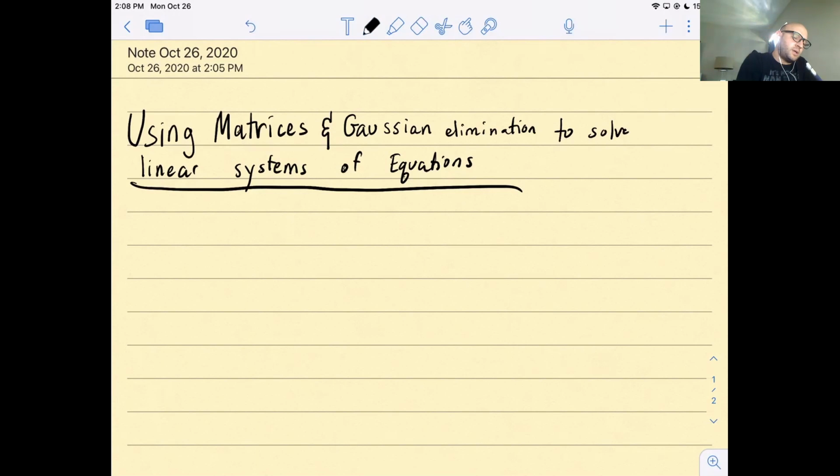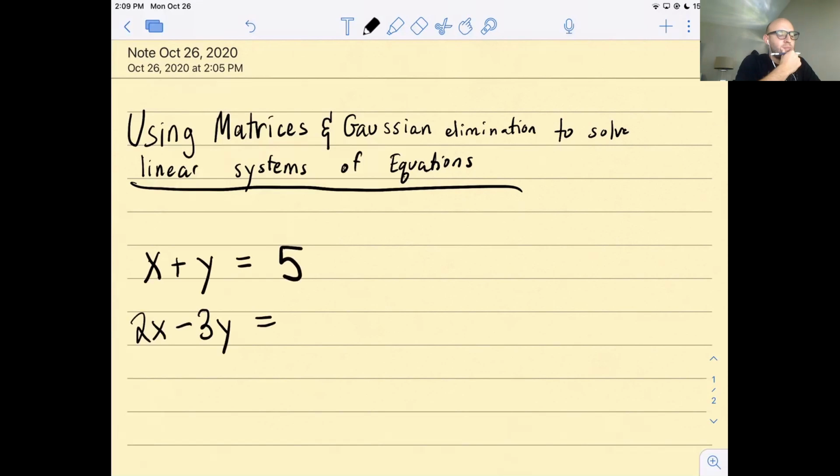Okay, so here's a system. x plus y is equal to, let's say, 5, and let's say 2x minus 3y is equal to negative 5. Okay. And we learned how to solve this using elimination, using substitution. And so now we're going to learn a third way, which is really going to be